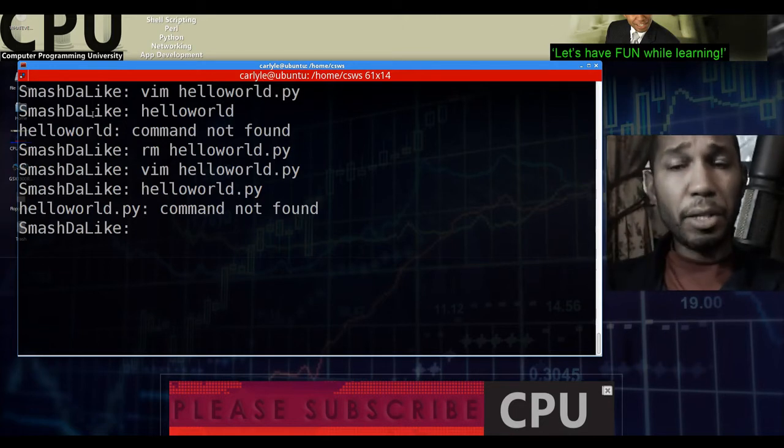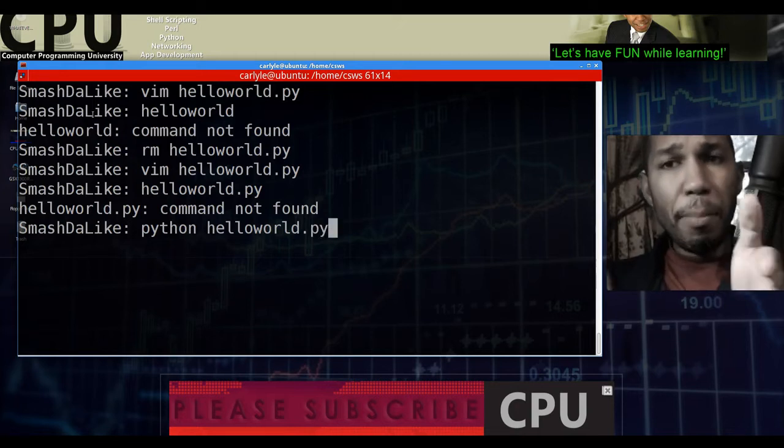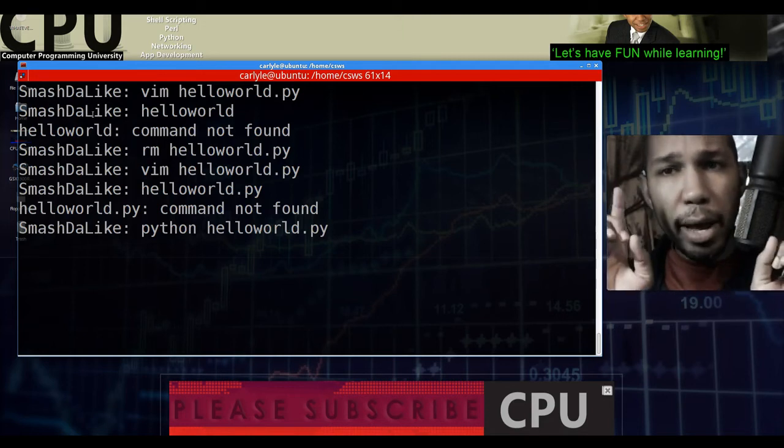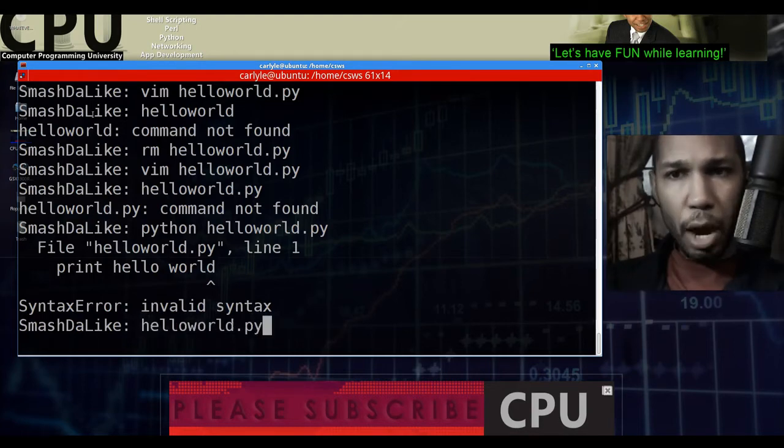Now, a workaround is if I type in python, which is going to call the Python interpreter, and then I type in the name of the script, so hello world.py. Now I'm actually calling the Python interpreter and I'm telling it to run the script. However, this is going to give you a syntax error, because if we go back to our script,